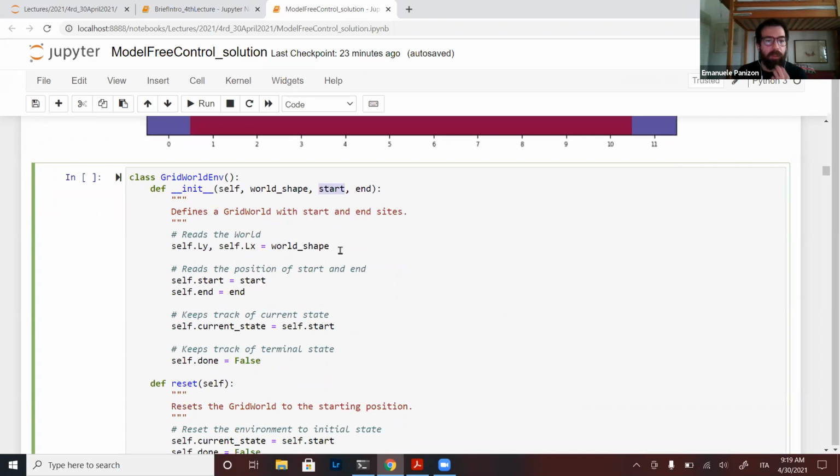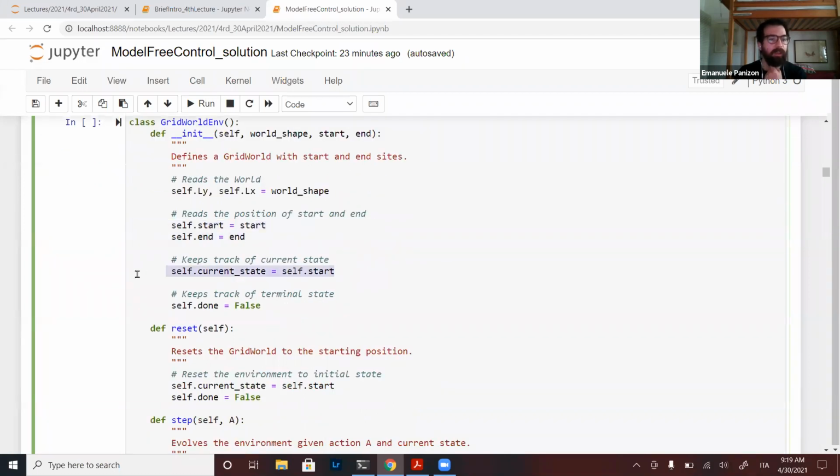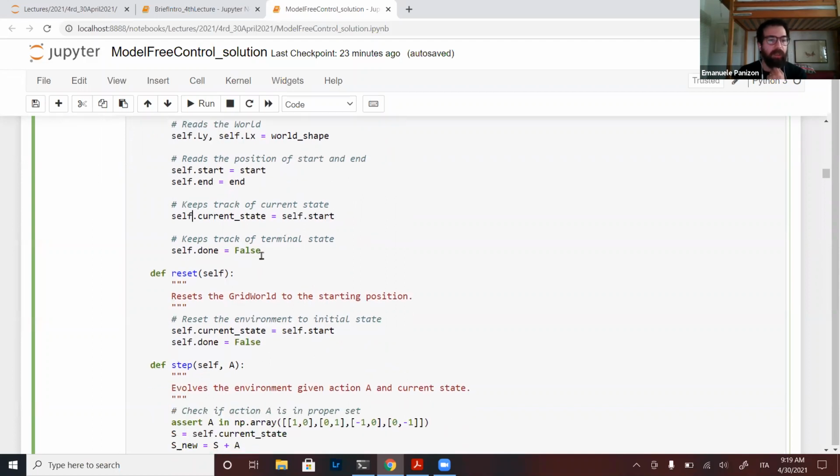The shape is a very simple shape like this. The start position and the end position are given in the beginning, and you have a value which remembers the start value, and of course a variable which says whether the episode is done or not.